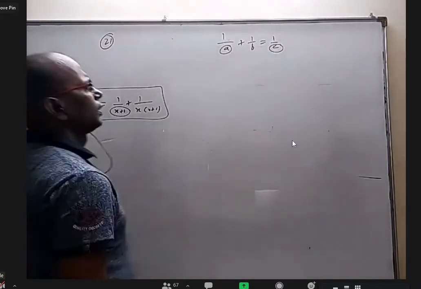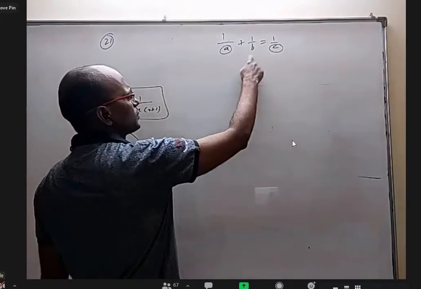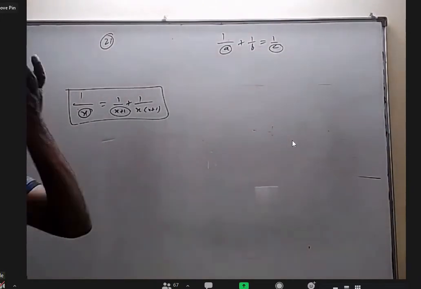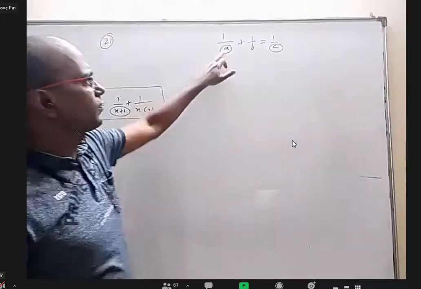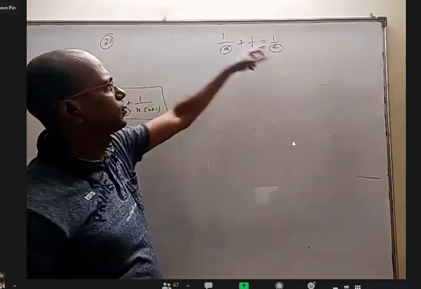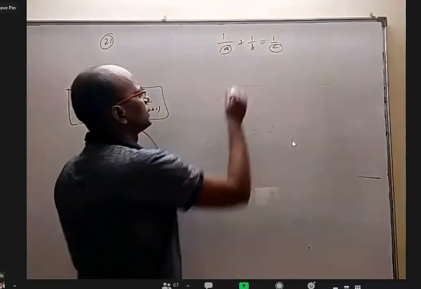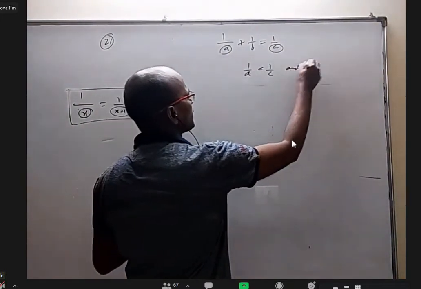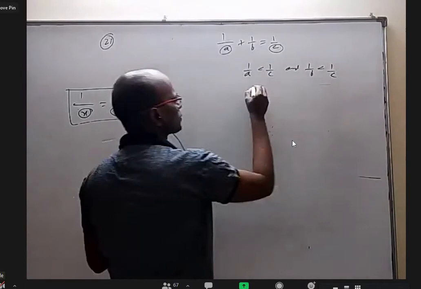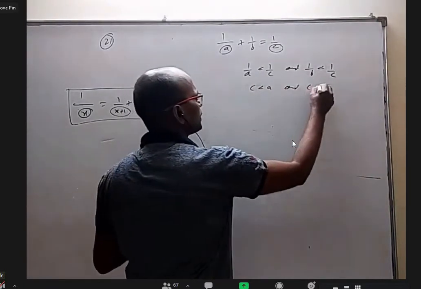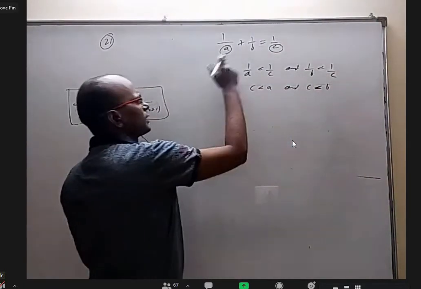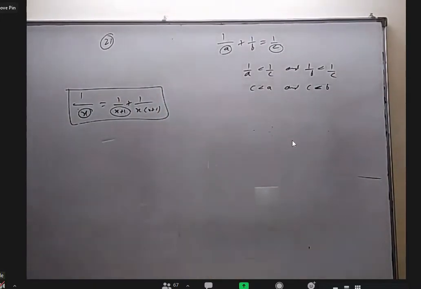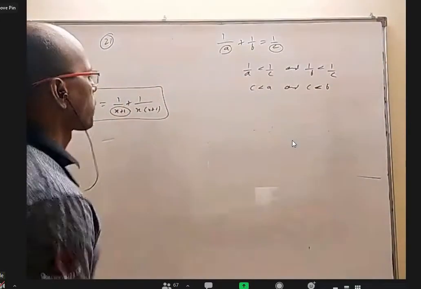Obviously, I think, can I say A and B both should be greater than C? Is it right? If any one of them is less than C, the reciprocal of that will be more than that. It can't be equal. So, sum of two positive numbers is this. I can say 1 by A should be less than 1 by C and 1 by B should be less than 1 by C. So, C should be less than A and C should be less than B. So A is bigger than C, B is bigger than C. They should not have any common factor for A and C other than 1.